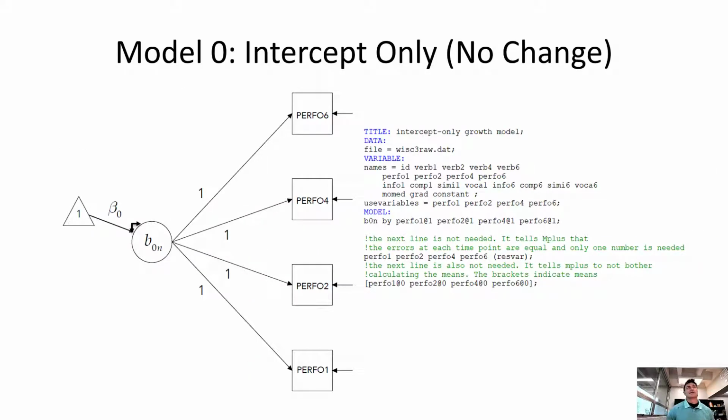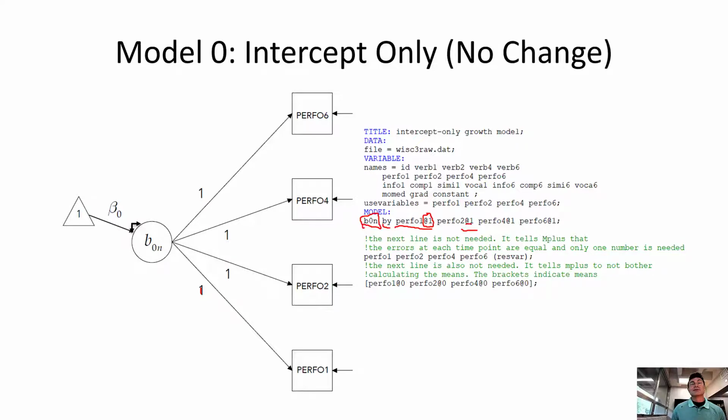So how we're going to do this, we're going to set up a factor, and it's going to be indicated by each of these time points with a factor loading of 1. We're going to set these to 1. We're not going to allow Mplus to adjust these like it would in a normal factor analysis. So if we look here, we've got our intercept is indicated by performance at first grade set at 1. So this at sign sets it at 1. It says Mplus, don't touch this. We're going to just keep it at 1. Don't estimate this.